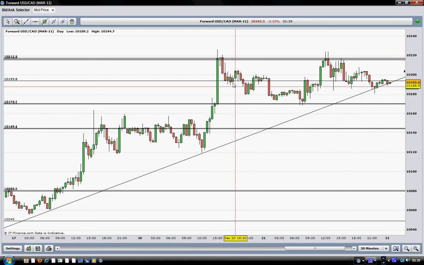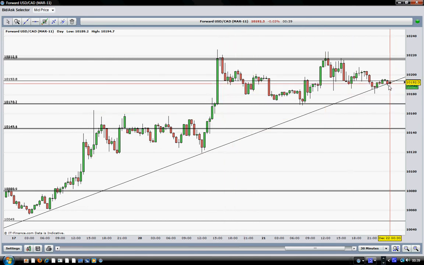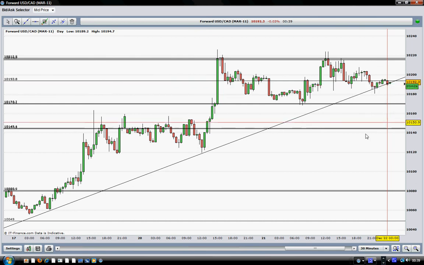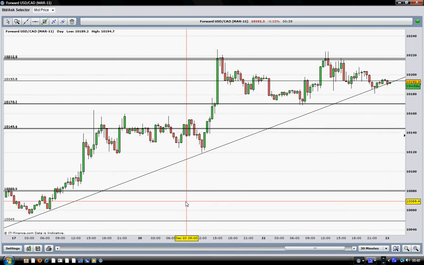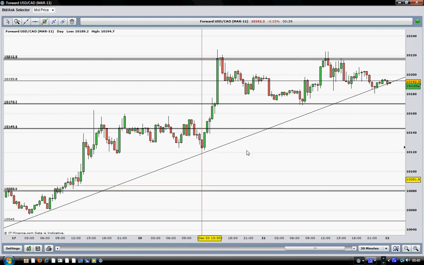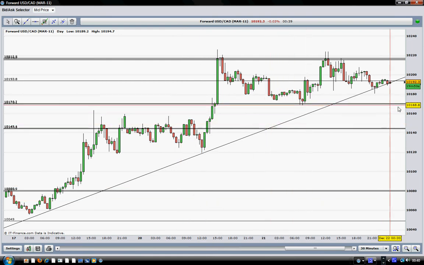So after you have the projection, you bring it to the breakout point here and put it there, and our target in this particular case, 40 pips, will be somewhere here, from here down to this level here. If this level of 10169 fails to hold the price,